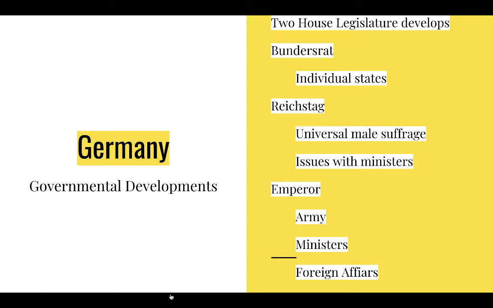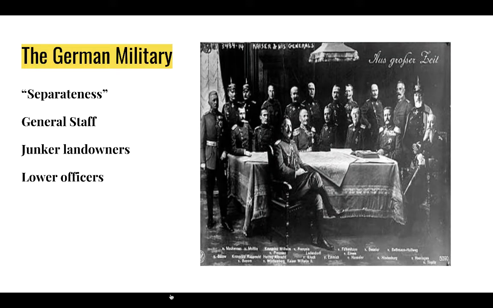So, as much as there was that big streak of unity early on in the 1870s, you still have a lot of kind of chaotic things going on here. And one of those groups that's causing some problem is the German military. They were really big on separateness. They wanted to just make sure that they weren't controlled by any legislative body. That was something that concerned them. They felt that these politicians didn't understand war,